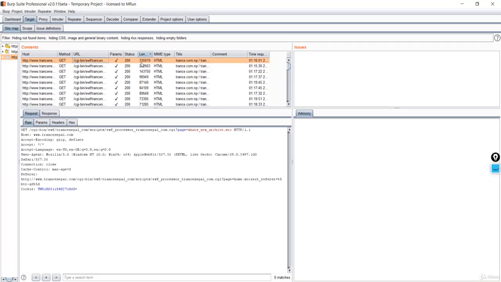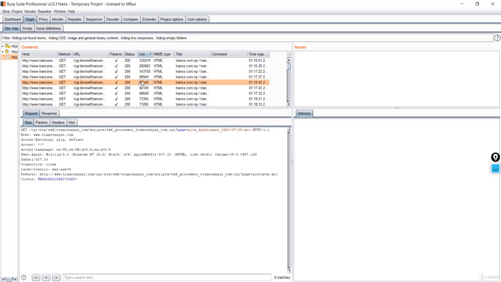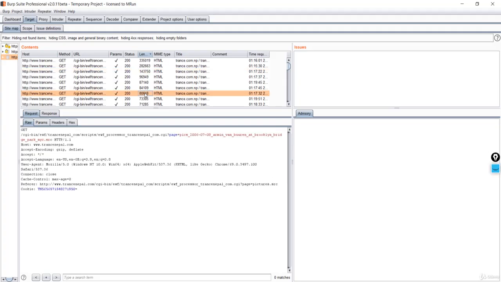So you can see 33,500, it is 33,335, so that means it is 33 thousand something. And 335,019 length. So that means it is most likely to be exploited. So we check mostly the top 15 to 20 if we get any of the first lengths. We check mostly here 10 to 15 having the highest length.